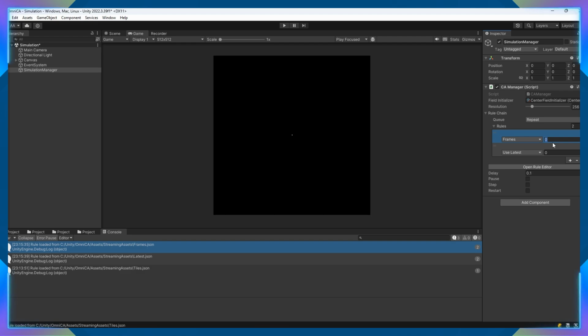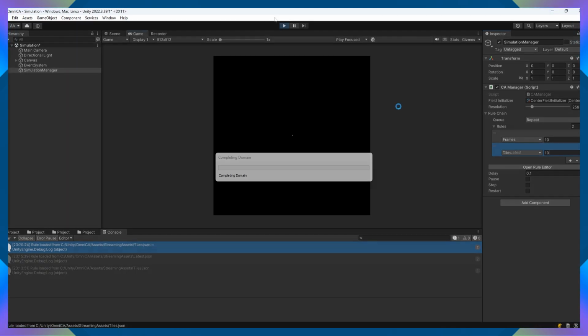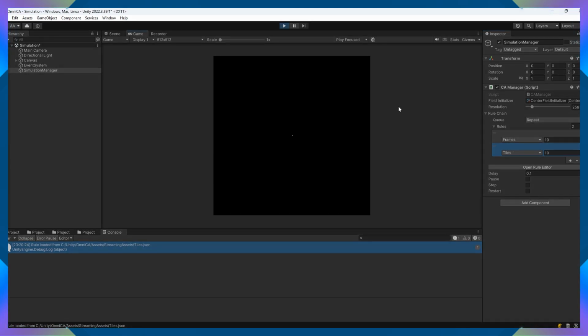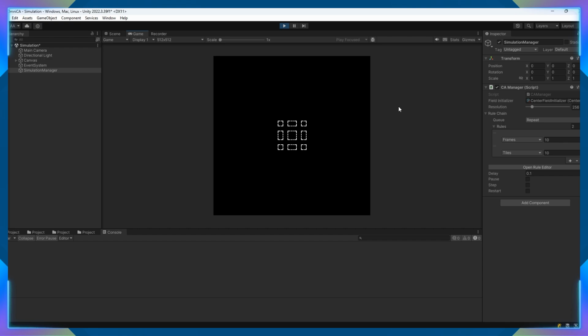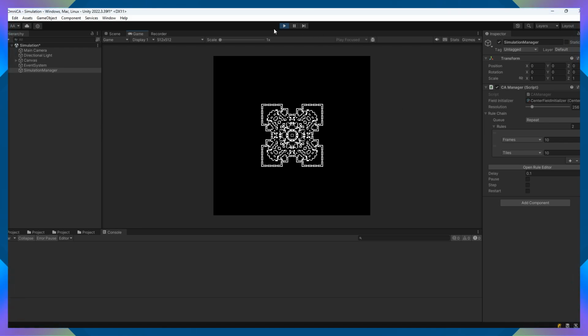On the right side, you can set how many steps the simulation will take before switching to the next rule. Set it to 0 for an unlimited number of steps before a rule change occurs. This feature gives you flexibility to experiment with evolving patterns by chaining together different rules, letting you see how the simulation behaves with varying conditions.